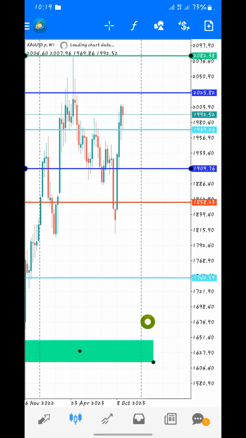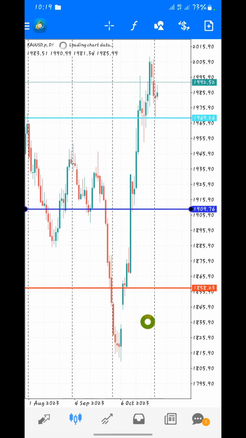So we are now considering on our weekly time frame only our first half. Remember that the distance we divided into two, and then divided those two parts into four parts. So now we are considering the first half, which we have divided into four main parts. Then let's get back to our daily time frame.